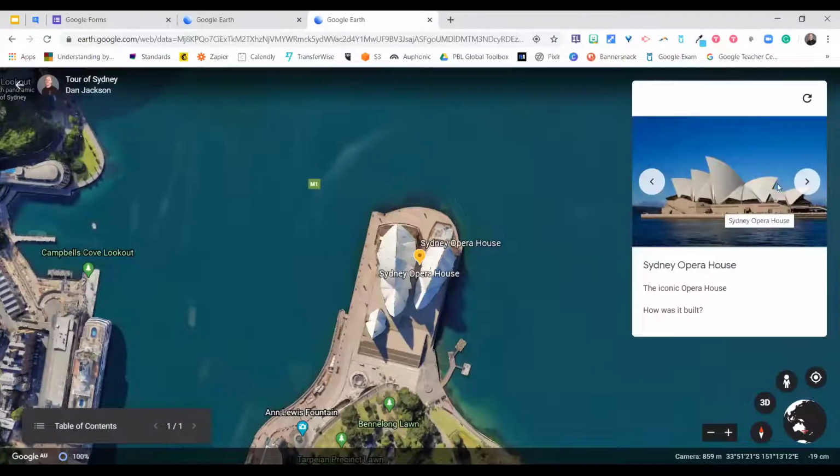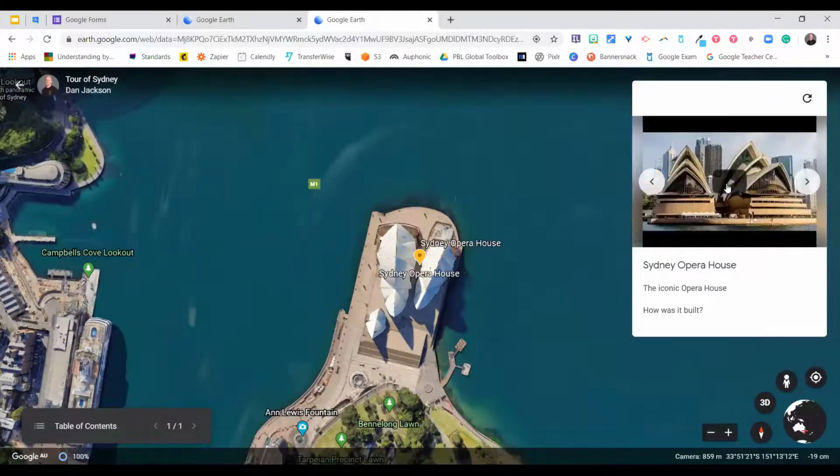So I've got a little box here and I've got this arrow so I can go right, and then here's my video if the students want to watch that. And that's one type of box that's there. If I go back,